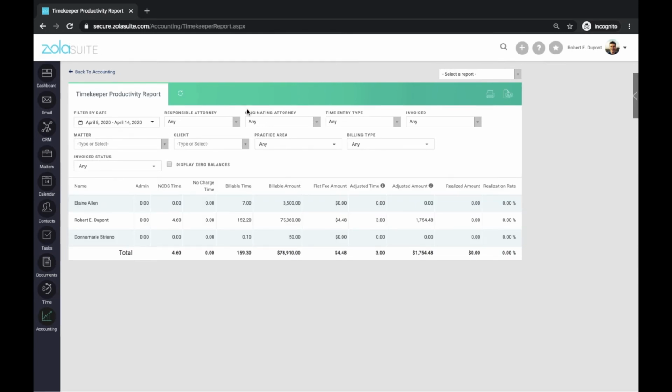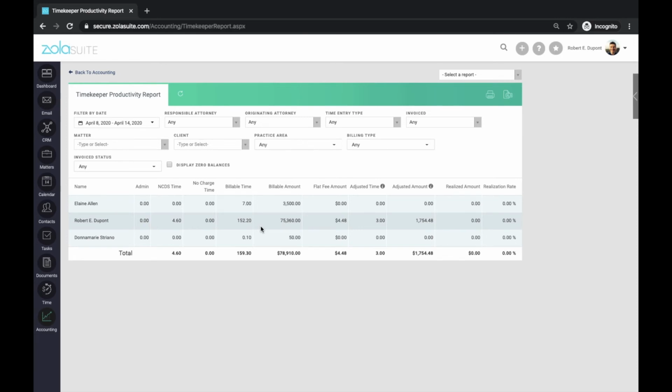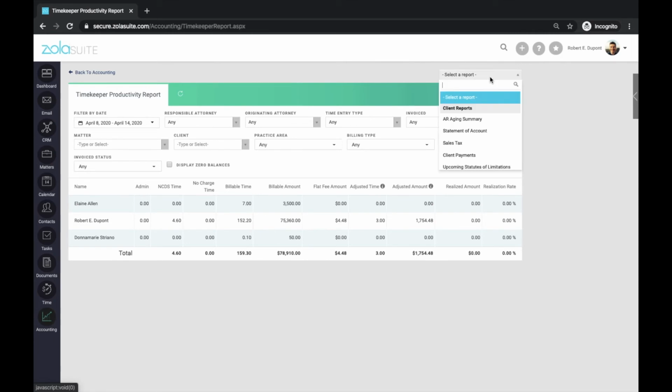And now I can look at all of the users that have something on the books for the last 7 days. And we do see that Robert DuPont is kind of sweeping the board here, but there may be a reason for that. Either way, we're able to compare and look at everybody's totals here. Now, if I jump over to flat fee productivity,